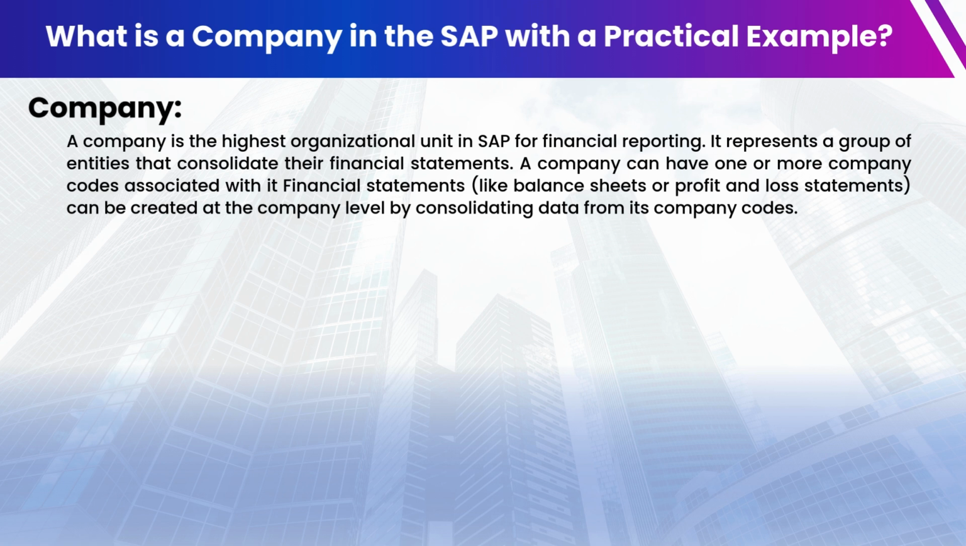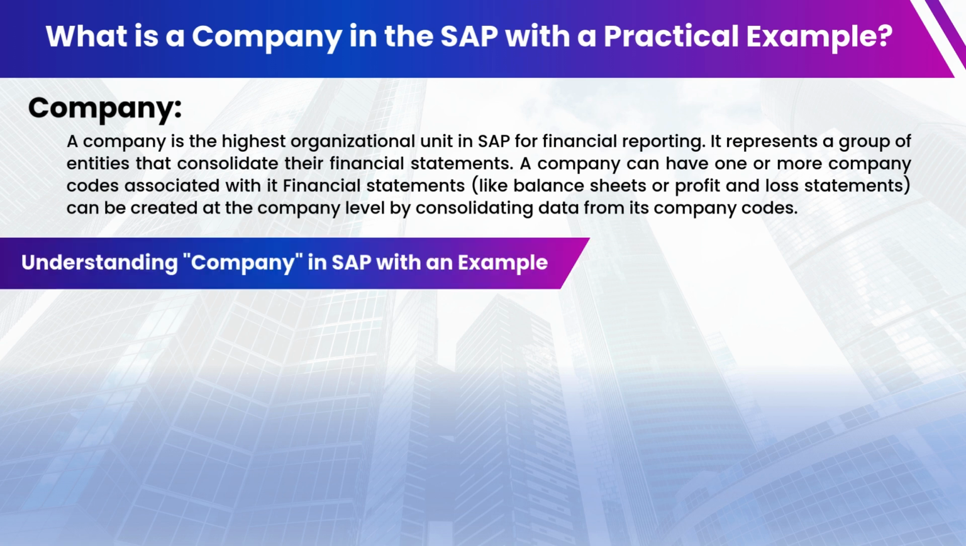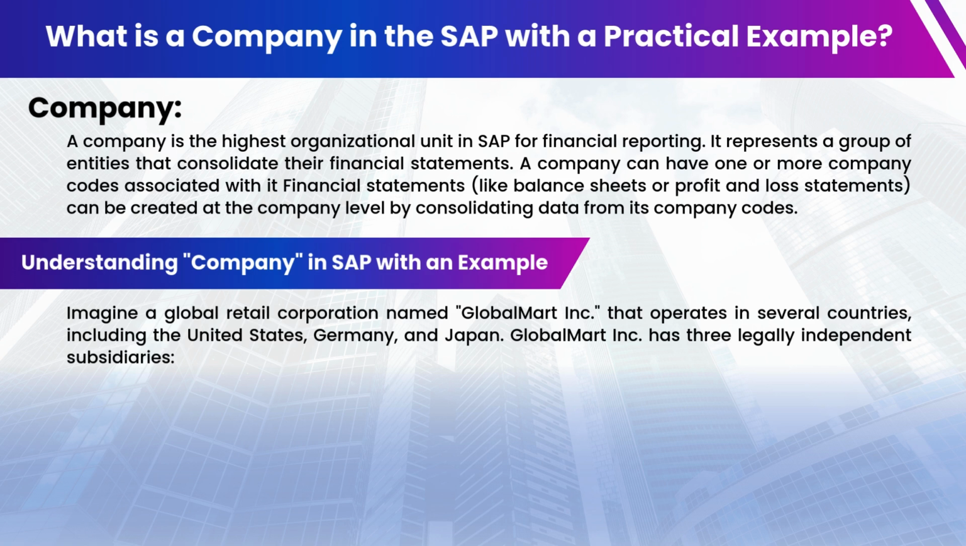It represents a group of entities that consolidate their financial statements. A company can have one or more company codes associated with it. Financial statements, like balance sheets or profit and loss statements, can be created at the company level by consolidating data from its company codes. Understanding company in SAP with an example, imagine a global retail corporation named Global Mart Incorporation